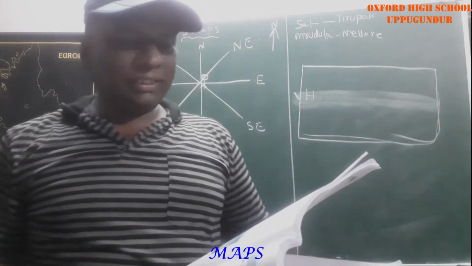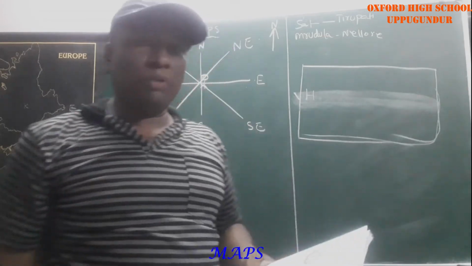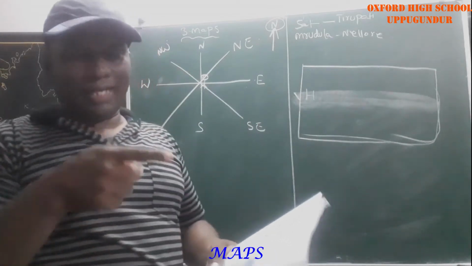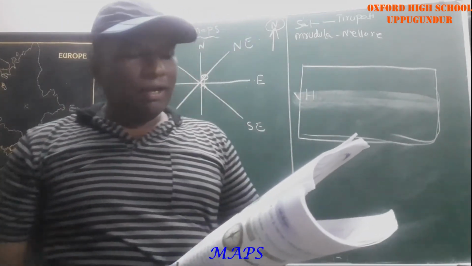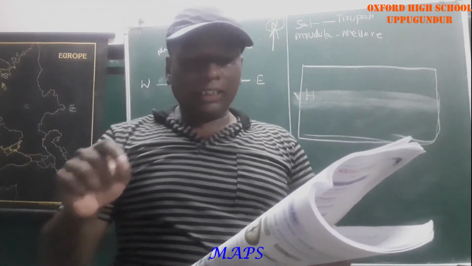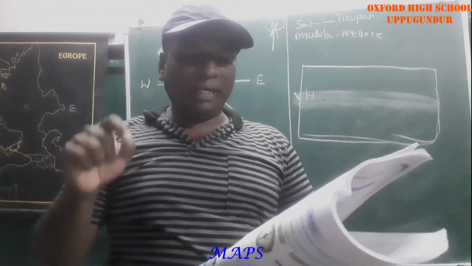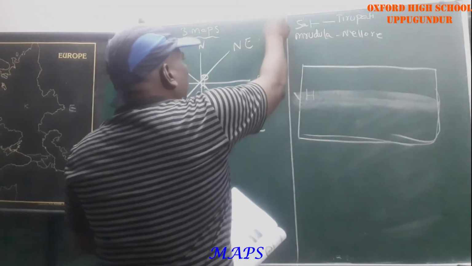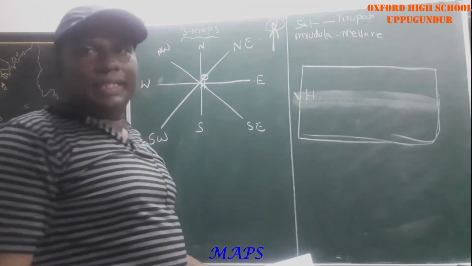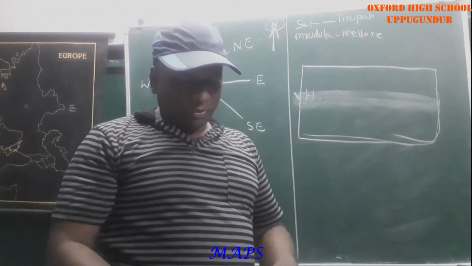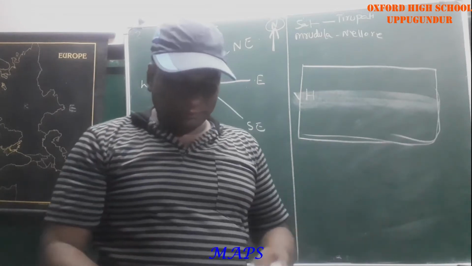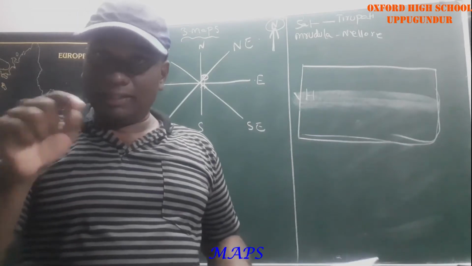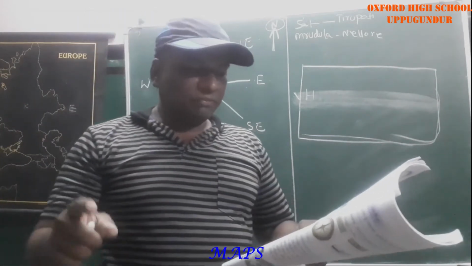Among these 4 directions, north is treated as the principal direction. Okay na? North is treated as the main direction. This is why all maps contain a north arrow with the letter N at the top right hand corner. This arrow, the N they are showing, indicates the north direction. When you know the north, you can find out the other directions, for example east, west and south.